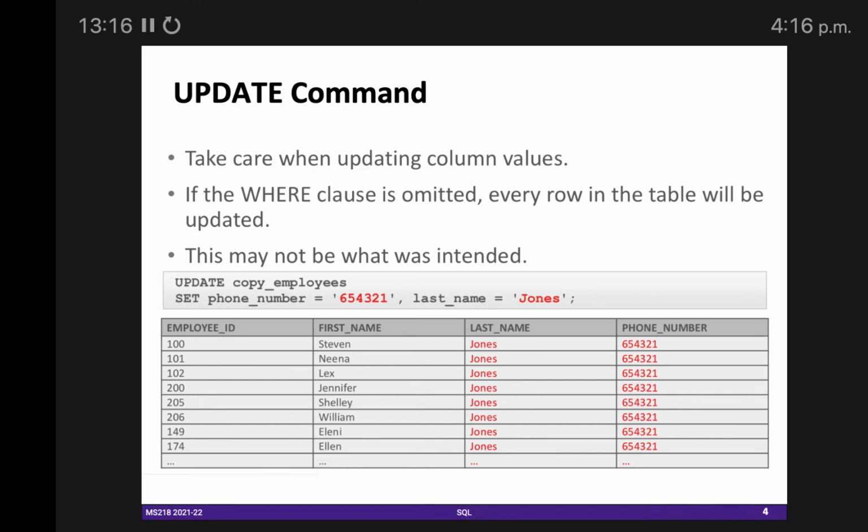Might be we have students, all students are from Ireland, and a person who was entering Ireland made some typo in spelling, and I want to change the wrong spellings of Ireland to the correct one in all students' data, and I know that all of the students belong to Ireland or they are studying in Ireland. So UPDATE students data, SET country equals Ireland, right, with the correct spelling. So sometimes we do need to change one column with one query. It will change all rows for that particular column.